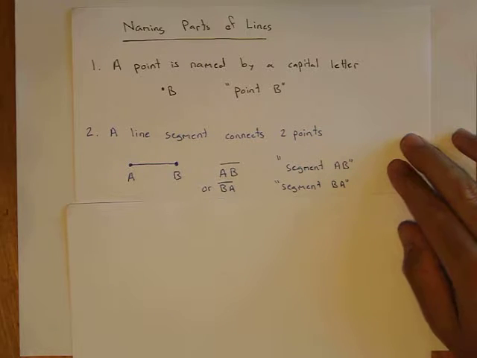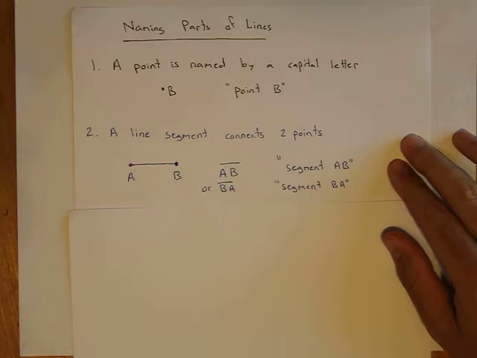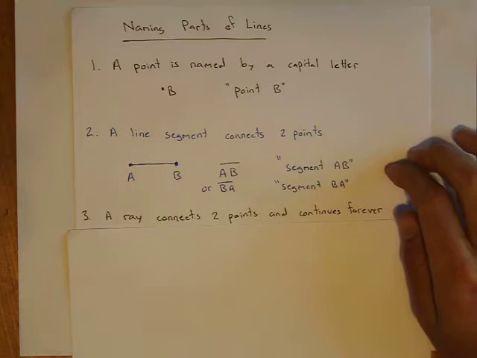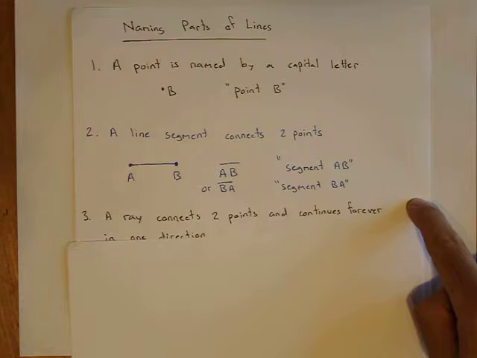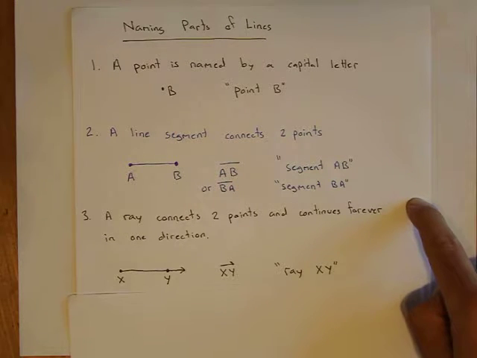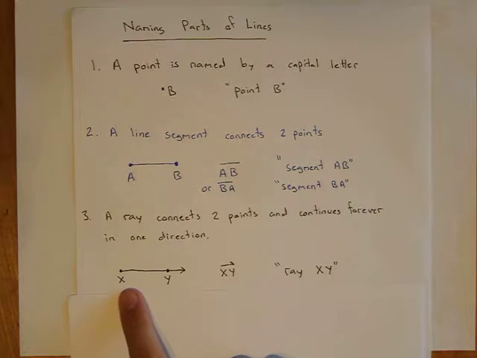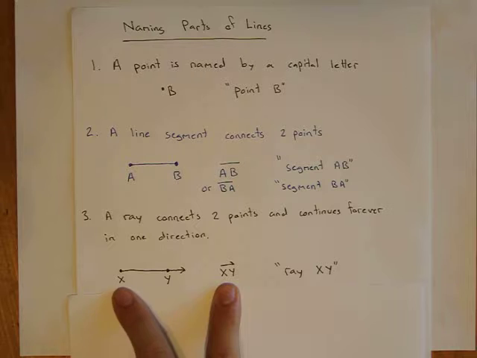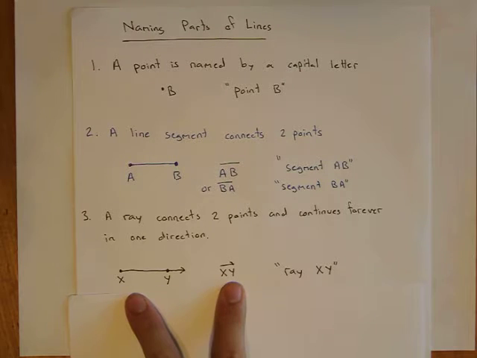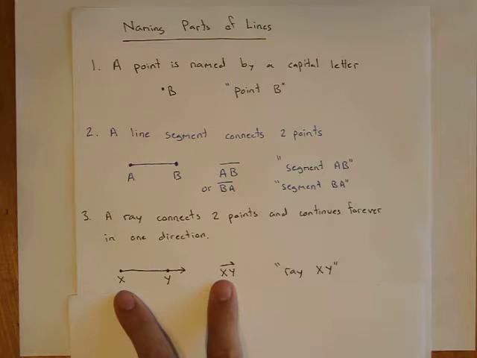Moving on beyond the line segment, I could have a ray which connects the 2 points like a line segment, but then it continues forever in one direction. So I could have something like this, where I start at X, move through Y, and then I keep going, and that's notated with a little arrow on the end. So if I want to shorthand it, I would still put my reference points, if you will, X, Y,